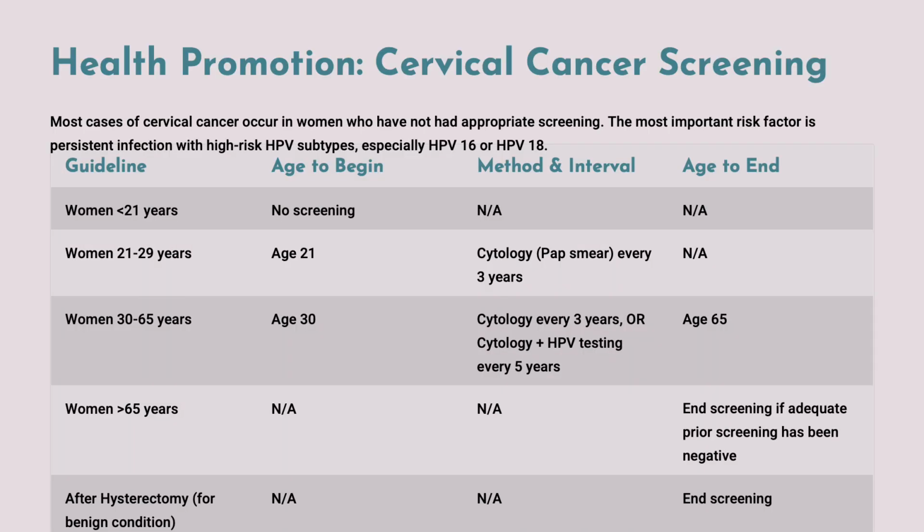An important health promotion topic for women is screening for cervical cancer. If you would recall, the most important risk factor for cervical cancer is actually the presence of human papillomavirus, specifically the high risk subtypes HPV 16 and 18. When do we begin screening? We begin screening at 21 years old and above, or whenever is the onset of sexual activity. Okay? How do we do it? We perform it using a pap smear every 3 years. And take note that once the patient reaches 30 years old, we could also perform HPV cytology plus HPV testing every 5 years.